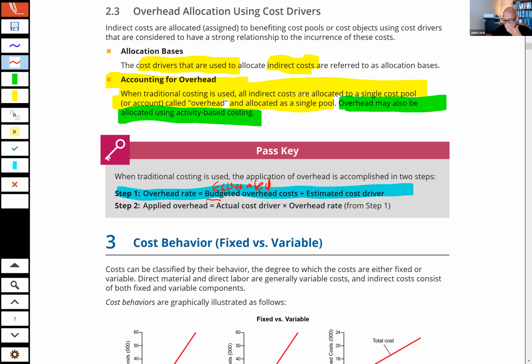So we essentially sit there and let's say we said, well, we think our total overhead, our indirect labor, our indirect materials, our others, our depreciation, we think our total overhead, and it's an estimate, we're doing it, say, 9 months in advance, and we say, we think it's going to be $1 million. Okay, and I'm just making these numbers up, obviously. And then we say, and we think that a good driver of our overhead cost is direct labor. You see often direct labor being used as the application base, but it really depends on the nature of the industry, what they're doing.